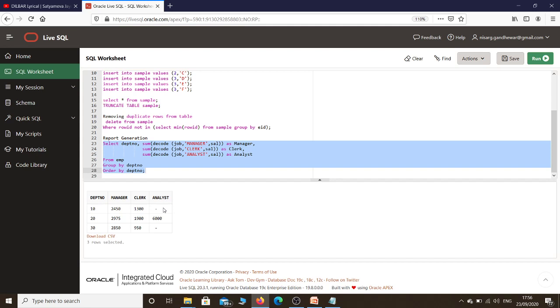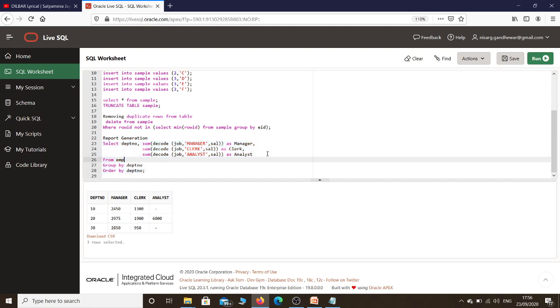In department number 10 no employee has the designation of analyst, that's why this field is kept as null. Similarly for department number 20 these values are there. In department number 20 some employees are designated as analyst, and in department number 30 there is no analyst, that's why the field is kept as null. So in this way we have generated a report by using the decode statement.